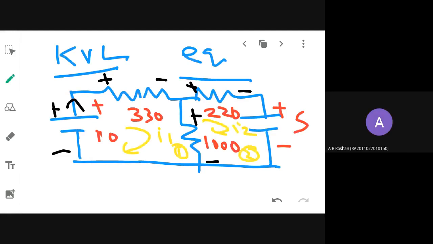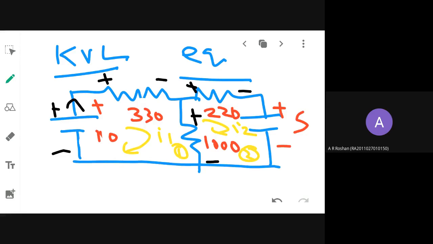Yes, ma'am. So what will be your first step? Whenever you are given a circuit, you will observe it. The first thing you will do is assume the current flow, in anti-clockwise or clockwise. Then the second step is, wherever you have voltage drop elements, you have to assume sign conventions, plus minus or minus plus. It's your own wish. If you get a negative answer finally, then you will change the sign convention you have given. Understood? Yes, ma'am.